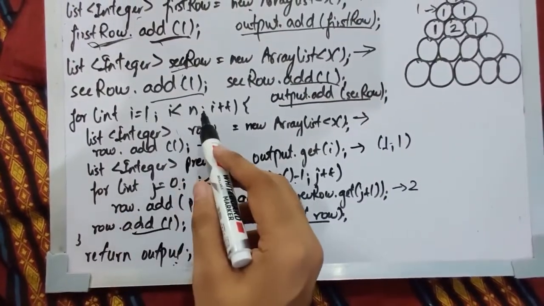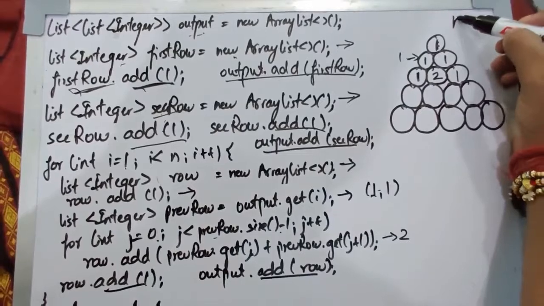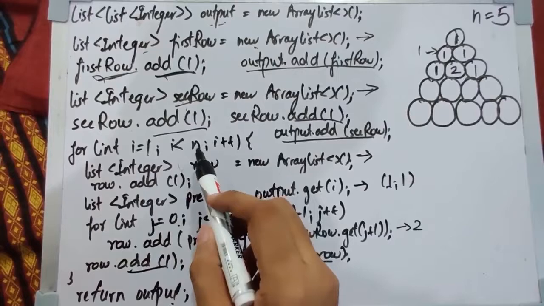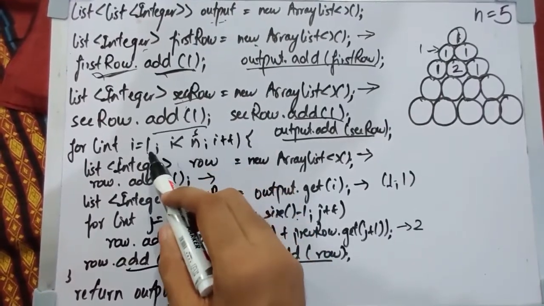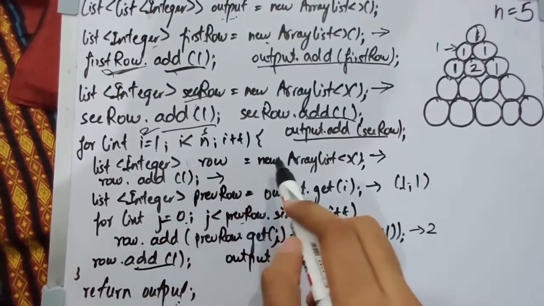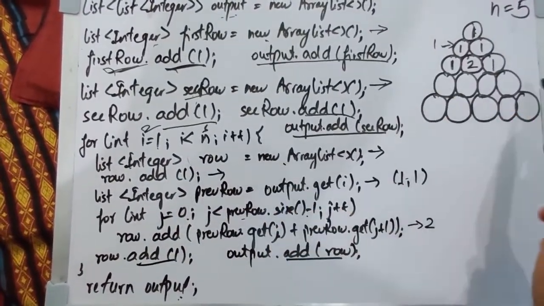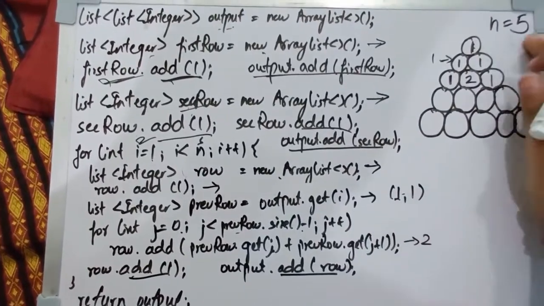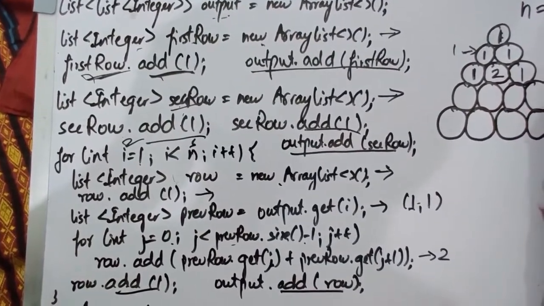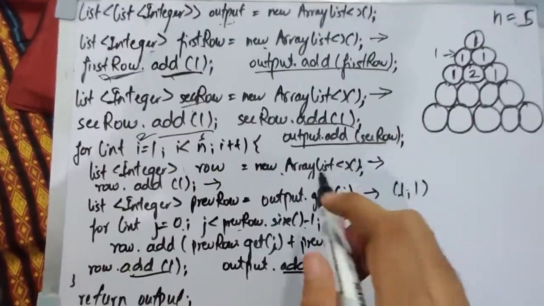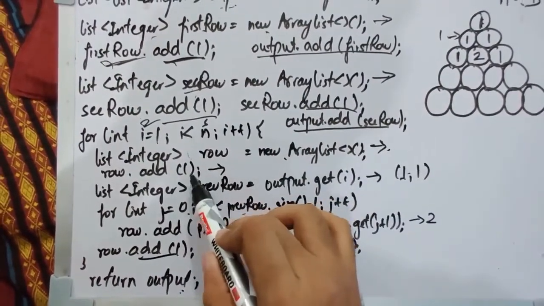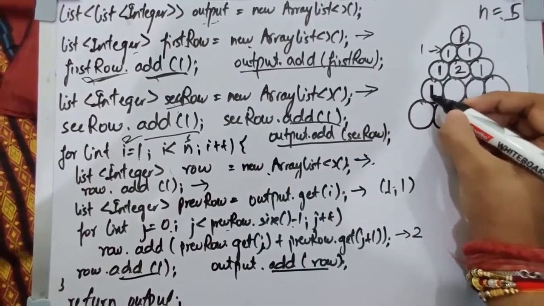Now the loop will again start. So this computation is for n equals 5. n has a value 5. So i was 1, now i will be equal to 2. So it will again create a new array list. Sorry, it was not for 5, it is for 4. I think it's 5. Sorry for the confusion. Okay, so what it will do is it will create the new object, and it will add the first element as 1. So here we will have the value 1.